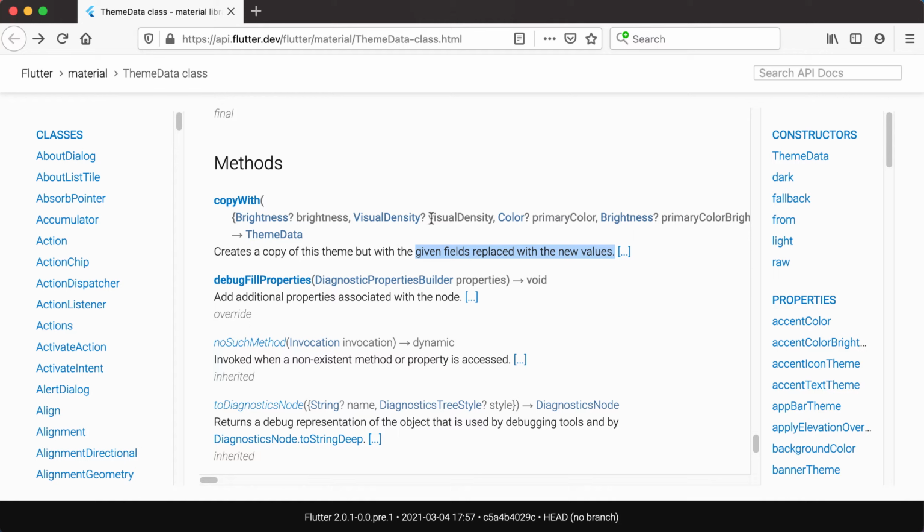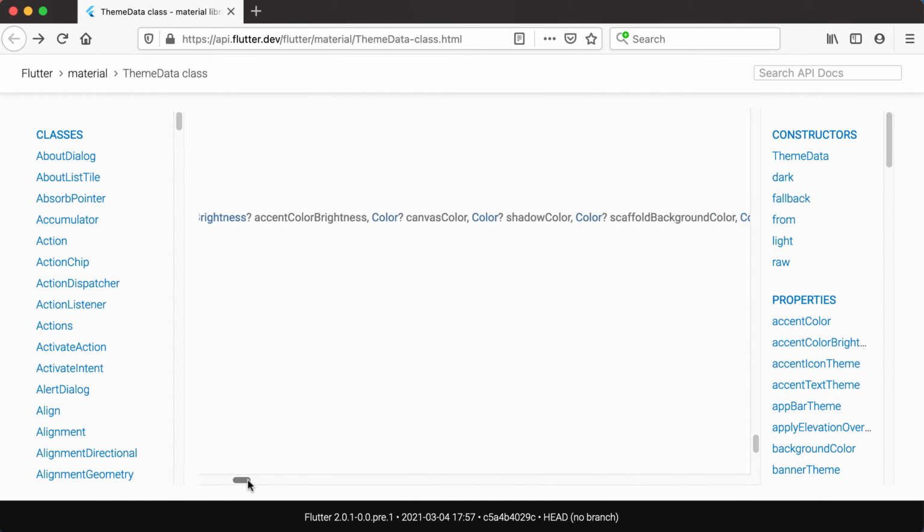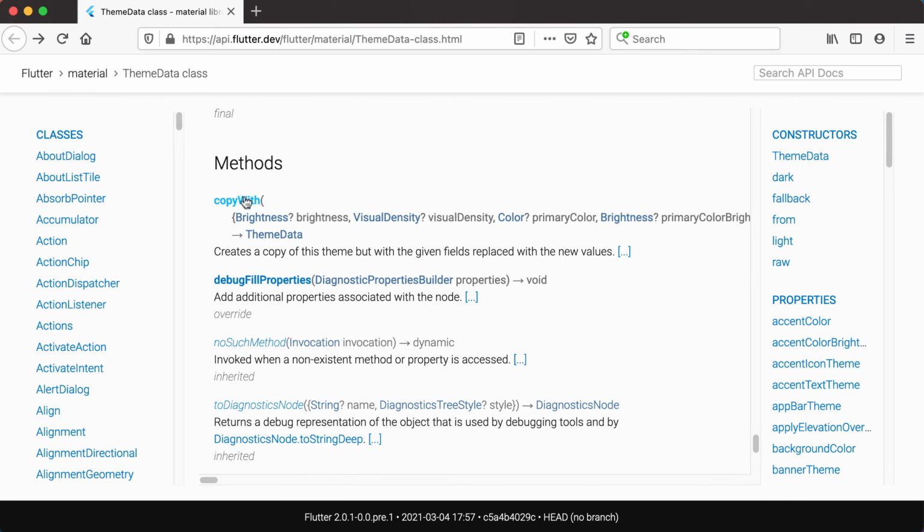So you've seen how many there are, and even this CopyWith method, if I scroll there, you can see how many arguments it takes, because it needs to take in all of those different values that we are actually able to change. And I can go right to the end. It is really a lot of arguments